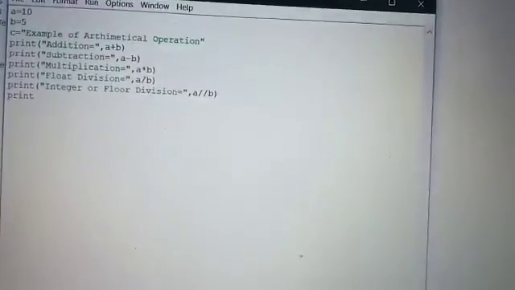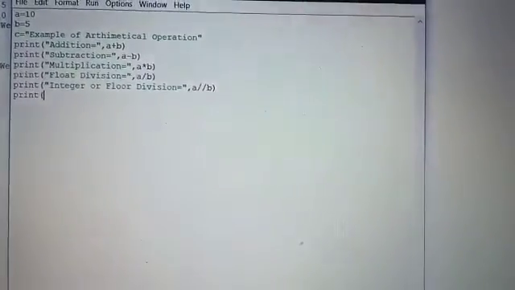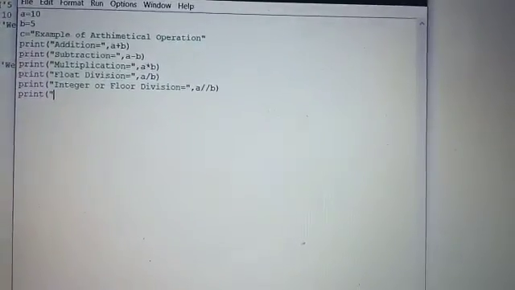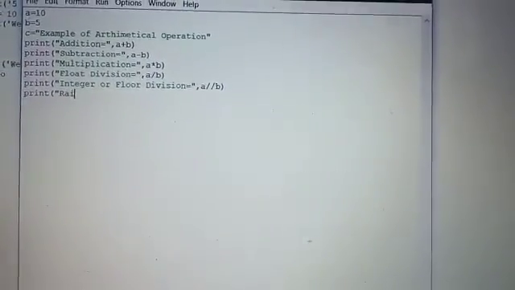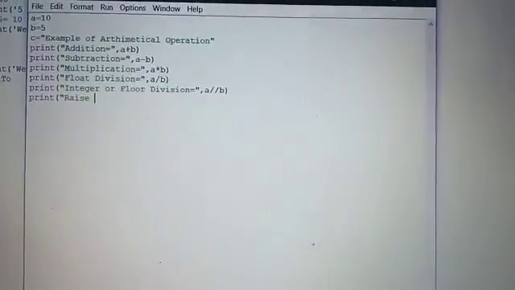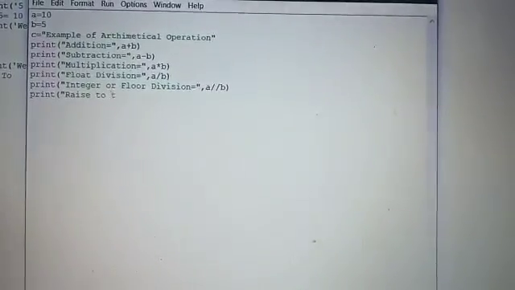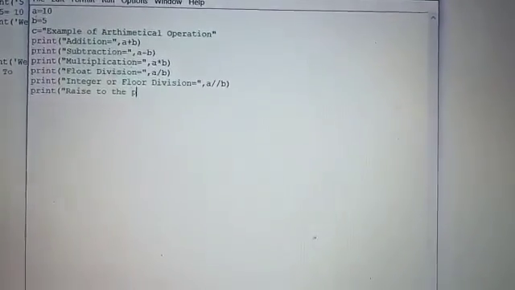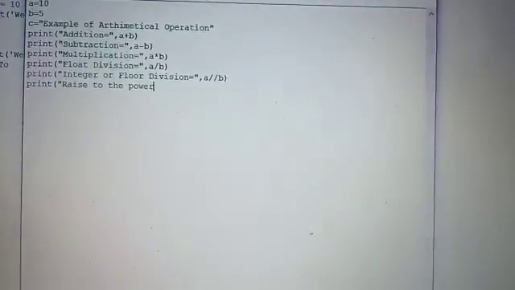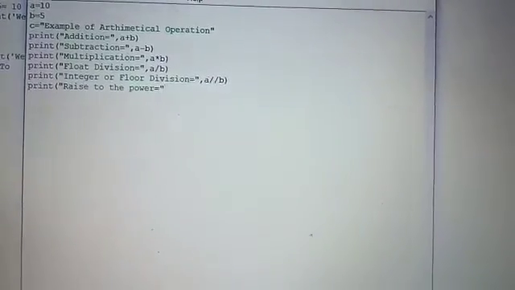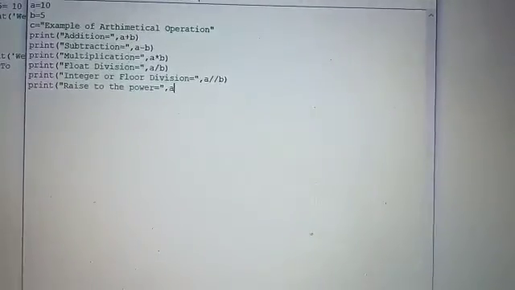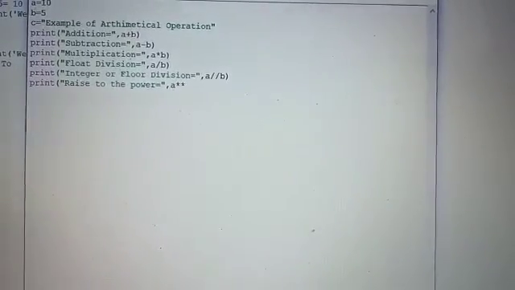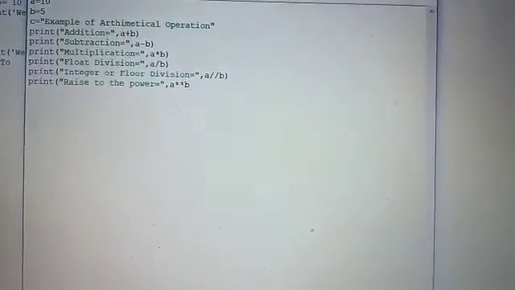There is one more operation we can perform here, that is the exponent, raised to the power operation. Raised to the power equals, then put a comma, a double star mark b.